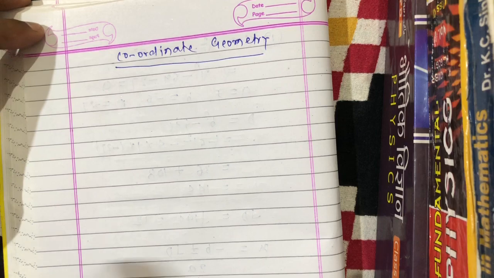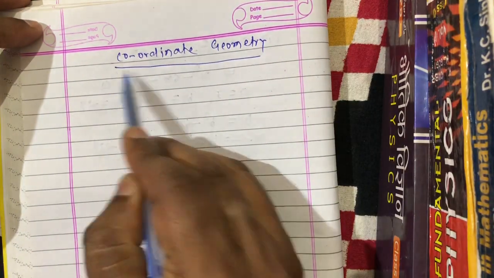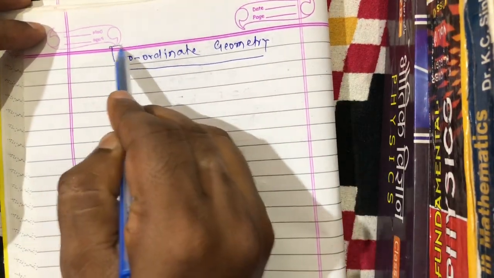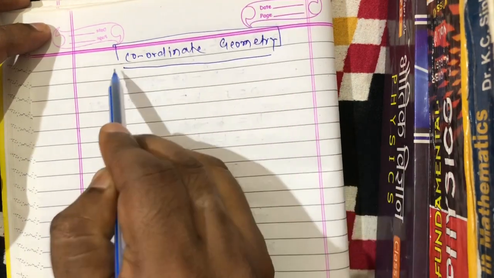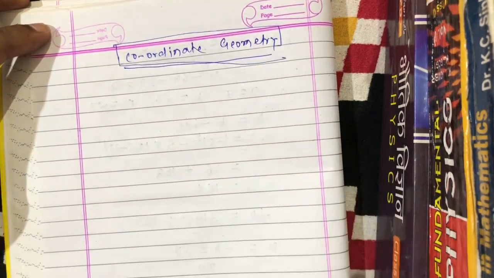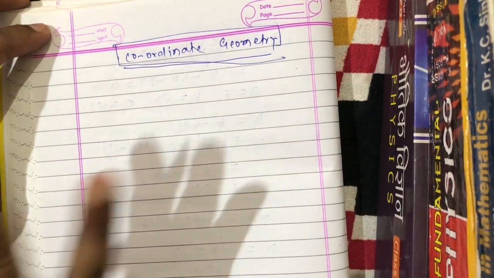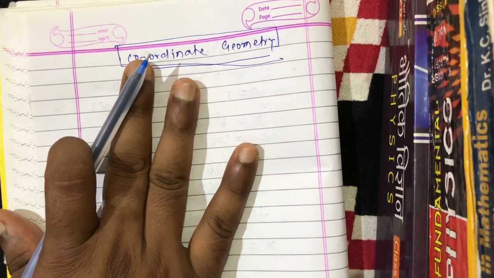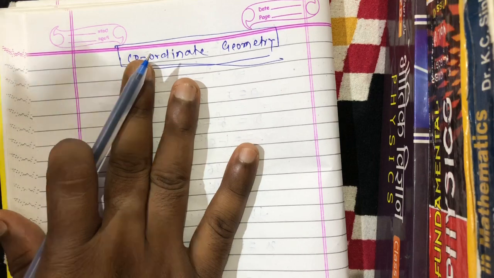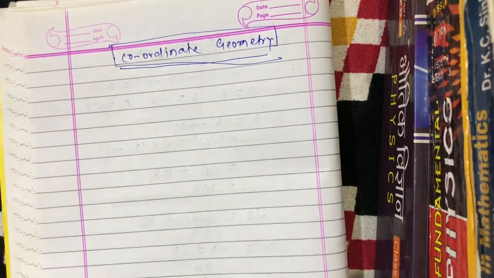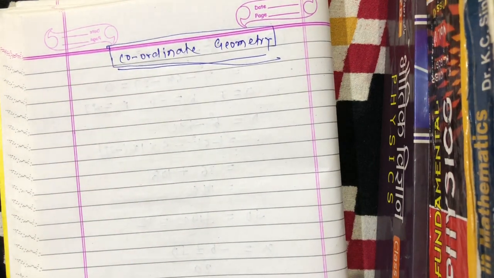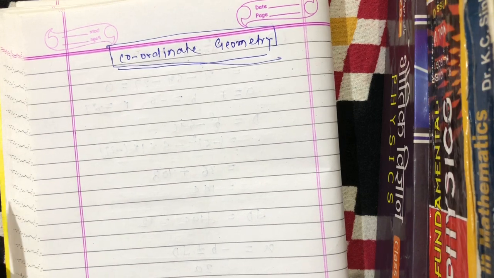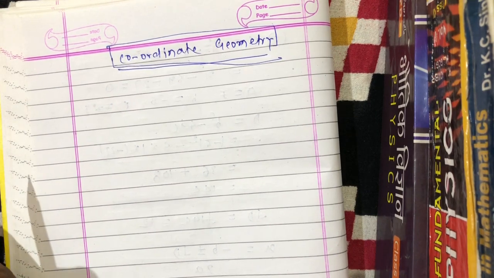Today we will discuss coordinate geometry. Coordinate geometry is one of the important parts of mathematics. Coordinate geometry is the base of the normal geometry we study. So today we will discuss coordinate geometry, and in it we will discuss the coordinate system, ordered pair,